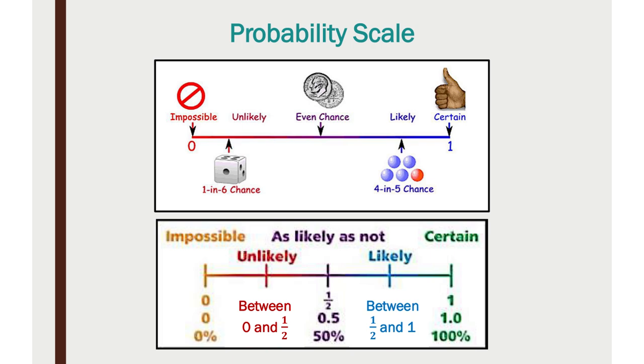And then you have the other side at a 1. It's certain. If I put everybody in this room, I put your name on the wheel and I spin the wheel, I am certain to land on somebody in this room. No what ifs. Let's just keep it simple. That's a 1, 1.0, 100%. Okay? And then that middle. Okay?